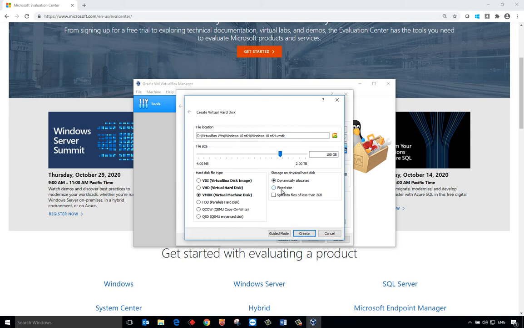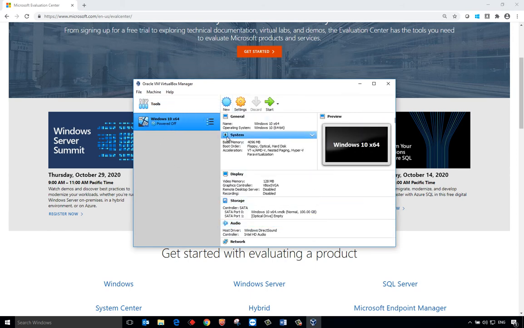Okay, so in this training I choose dynamically allocated, but again please keep in mind that in production never use that, unless your underlying storage subsystem doesn't support fixed size, due to performance issues that may affect the application inside the virtual machine. After that I click on create